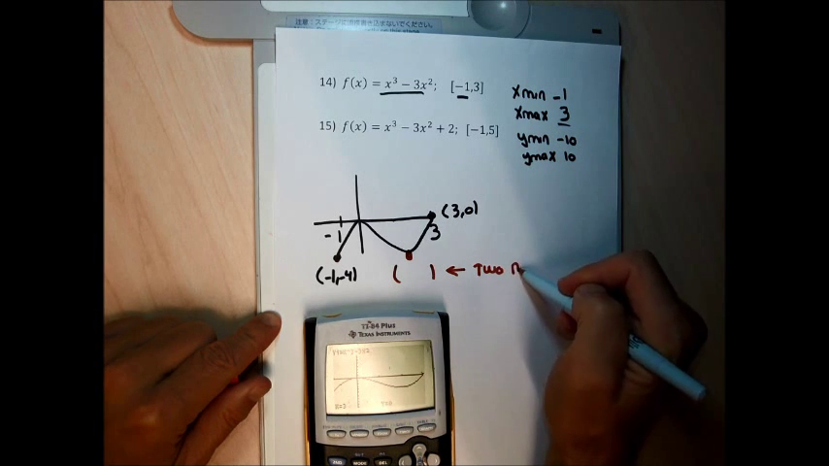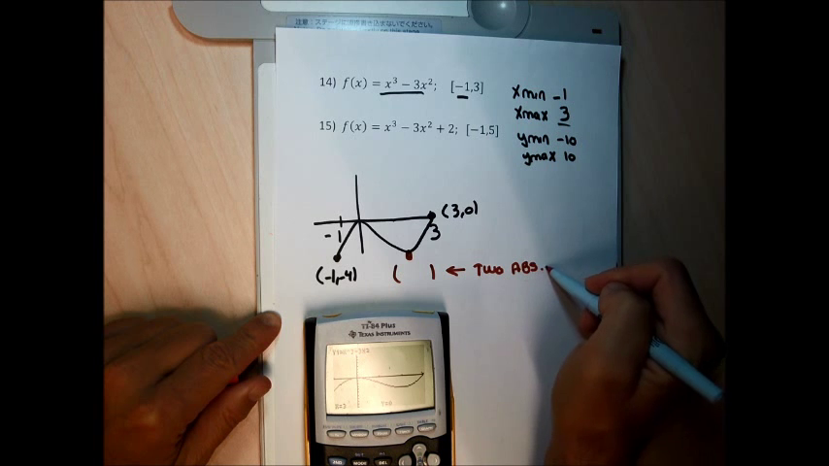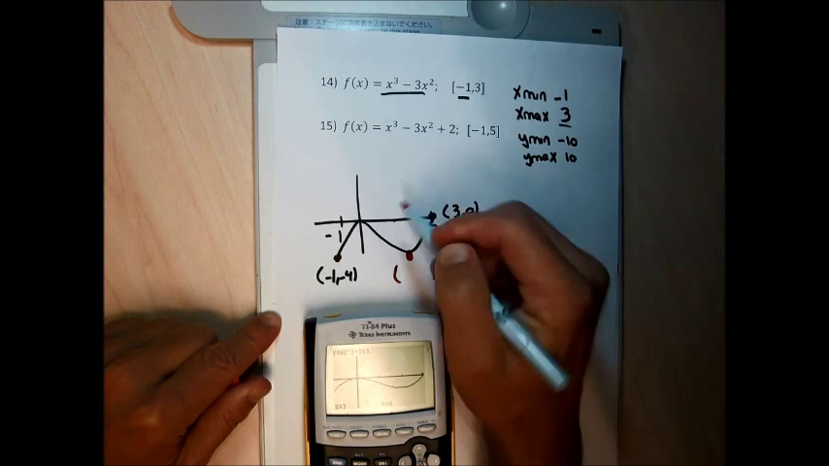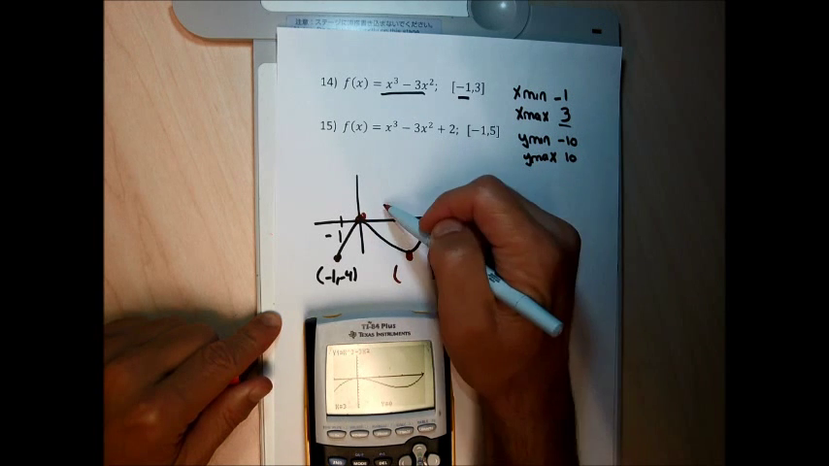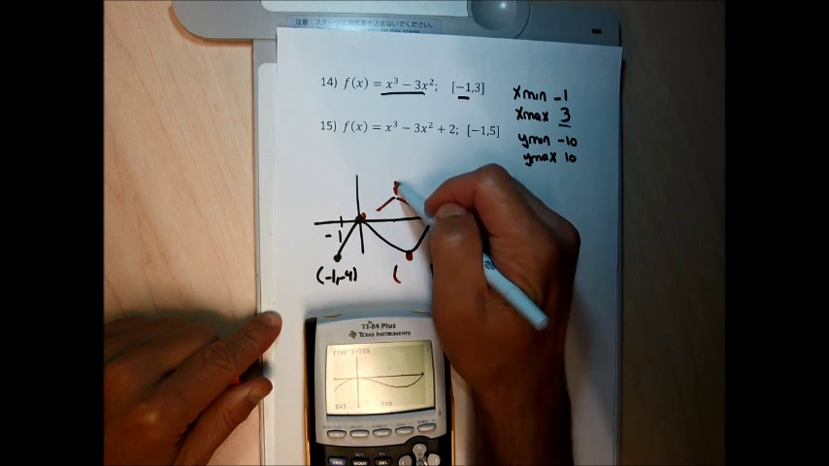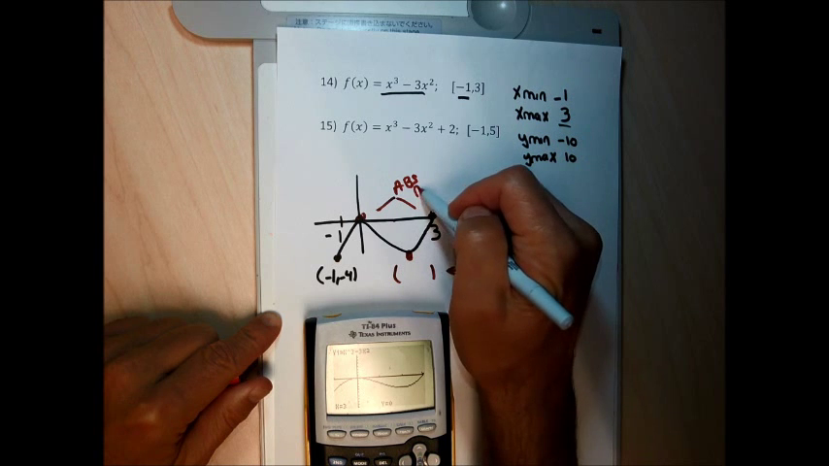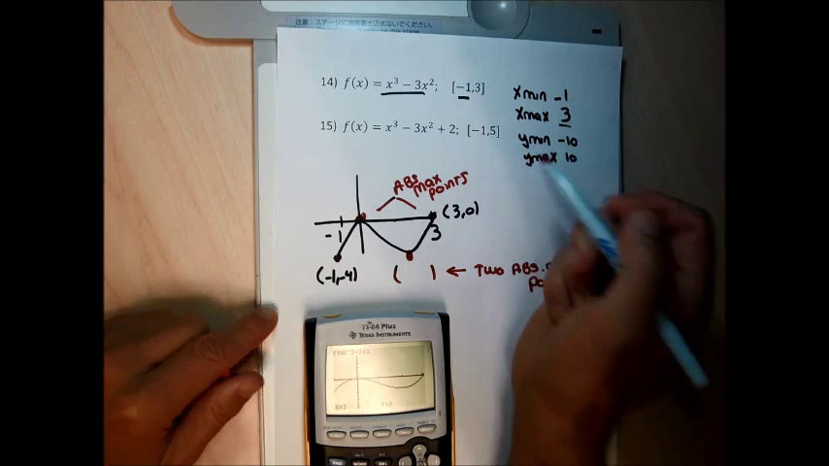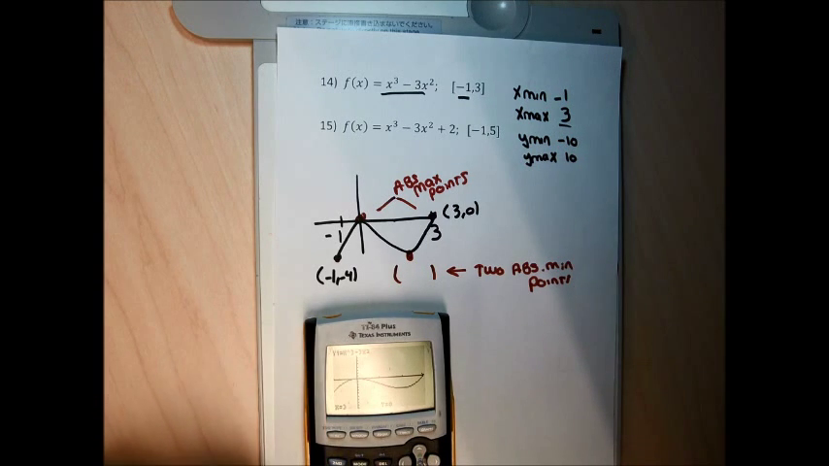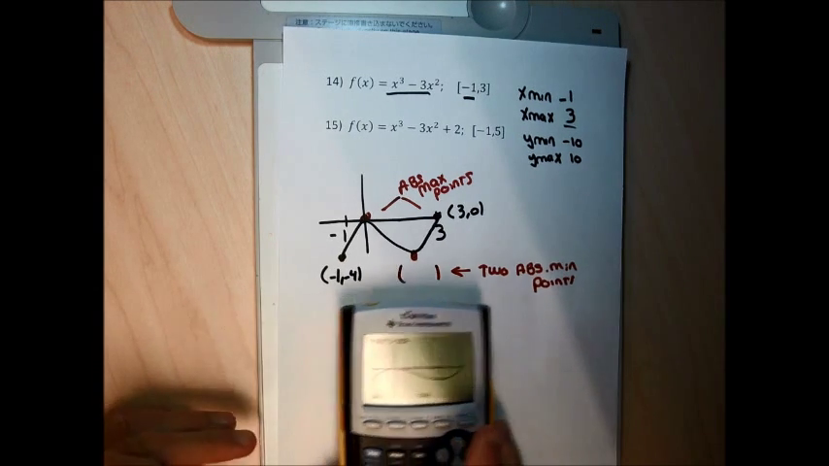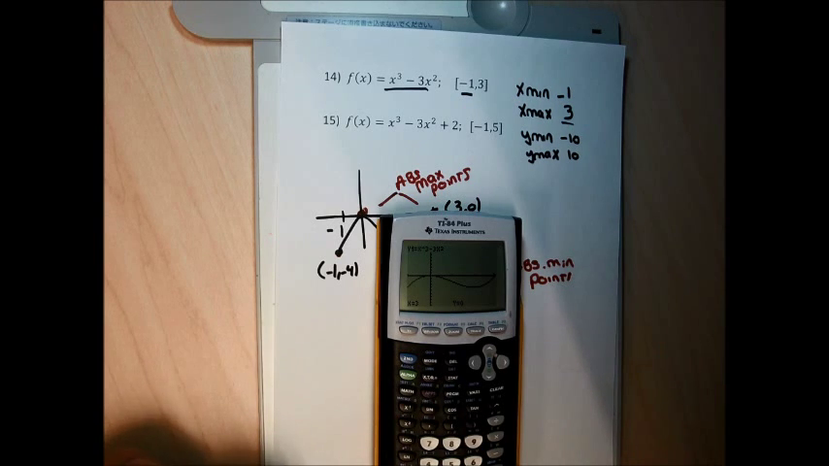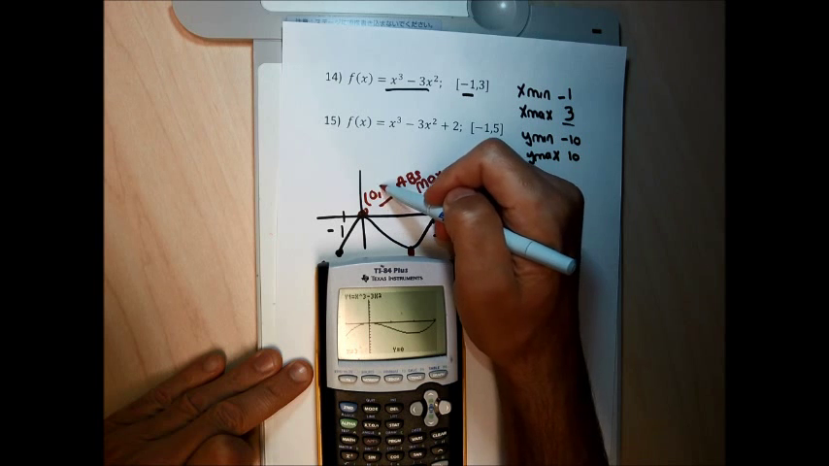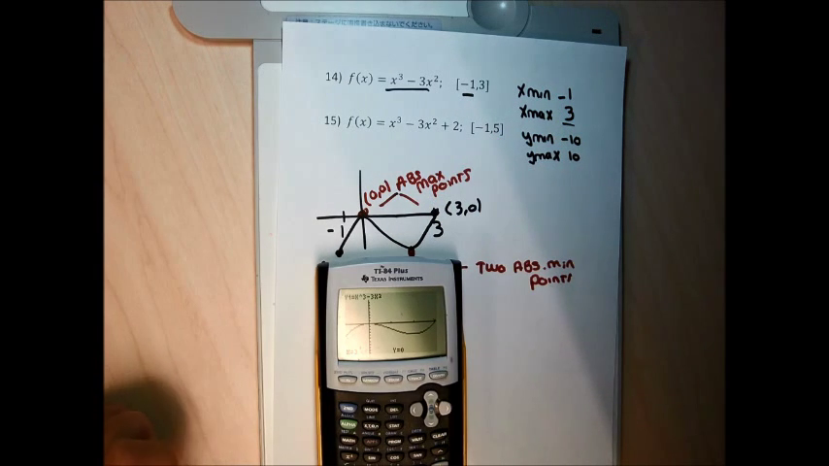So there's going to be 2 absolute minimum points, would be my guess. And it looks like the point 0, 0 and the point 3, 0 are my absolute maximum points. And there's going to be 2 absolute maximum points, near as I can tell. Let me just go ahead and do the calculus work to try to figure out for certain if I have 2 absolute maximum and 2 absolute minimum points